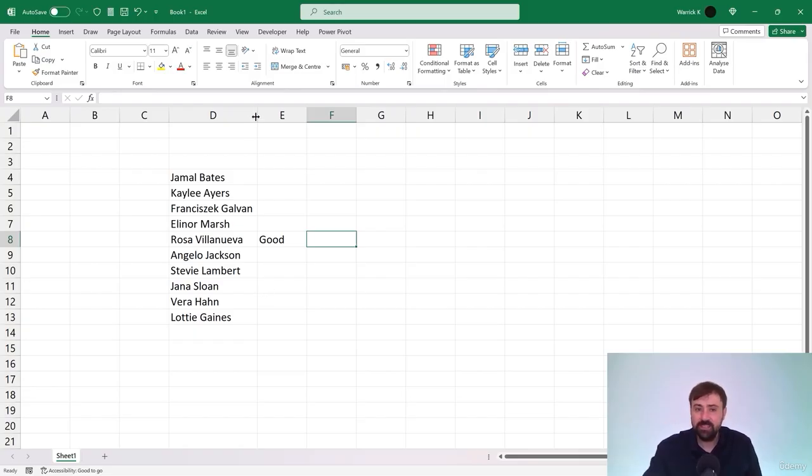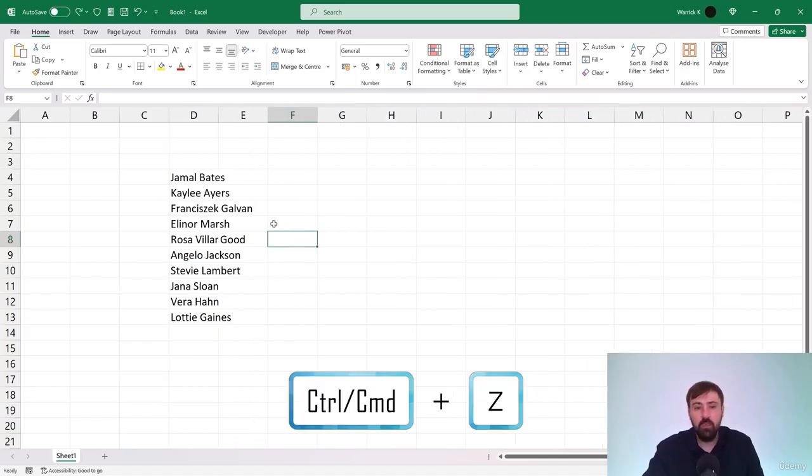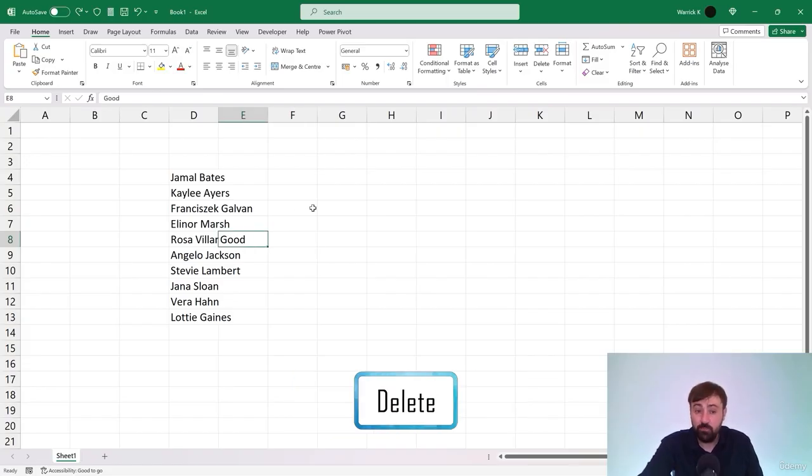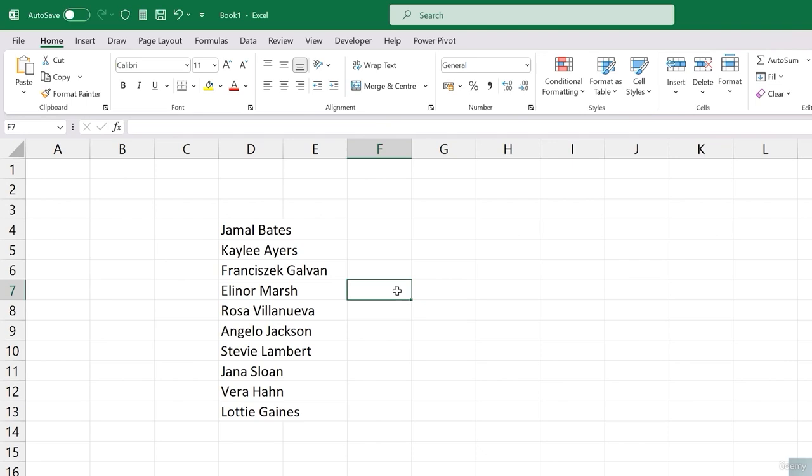You can, of course, adjust this manually. You don't have to double click, but double clicking is a far more efficient method. So I'm going to select this cell here and press delete to get rid of this word. Something else you could do to deal with this text, and just to give it a bit more space,